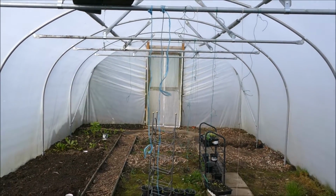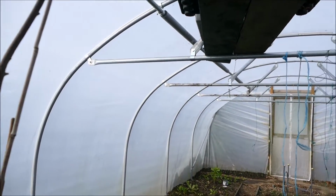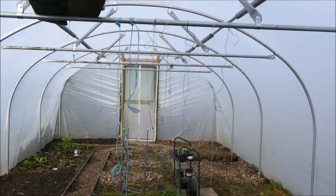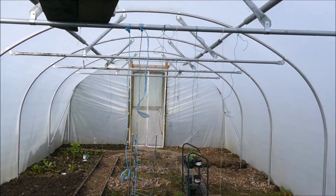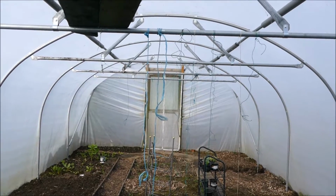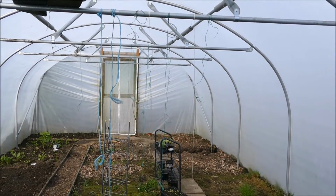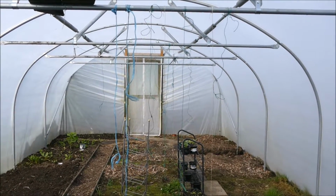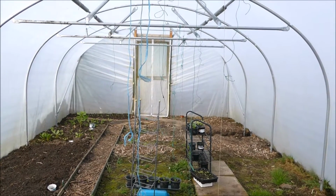So during the day the polytunnel is a fantastic growing environment. It's really bright, as you can see. Even though it's not particularly sunny today, it's very bright in here, whereas on the windowsill it's quite dark and they're getting leggy. And it's too much hassle because I've got probably over 100 of them to take in and out every day, take them out in the morning, take them back in at night. It's just too much hassle. So what I really want to do is try and make another microclimate in here